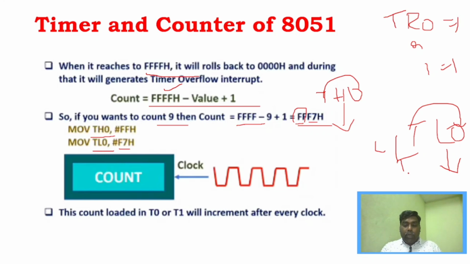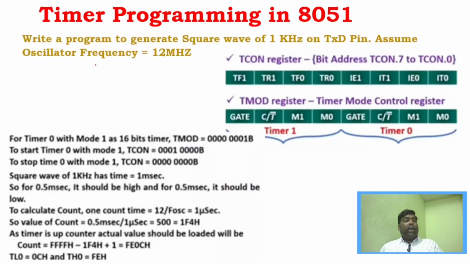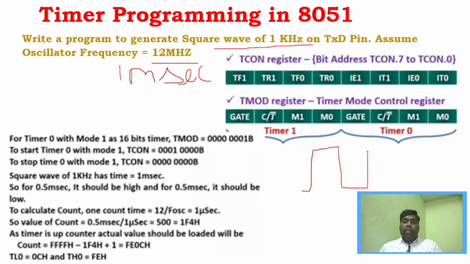Now we'll see the program. This is the question: write a program to generate a square wave of 1 kilohertz, and assume that the oscillator frequency is 12 megahertz. So now we are going to generate the square wave for 1 kilohertz. Whenever we say 1 kilohertz, it can be considered as a period of 1 millisecond. And whenever we say there's a square wave,